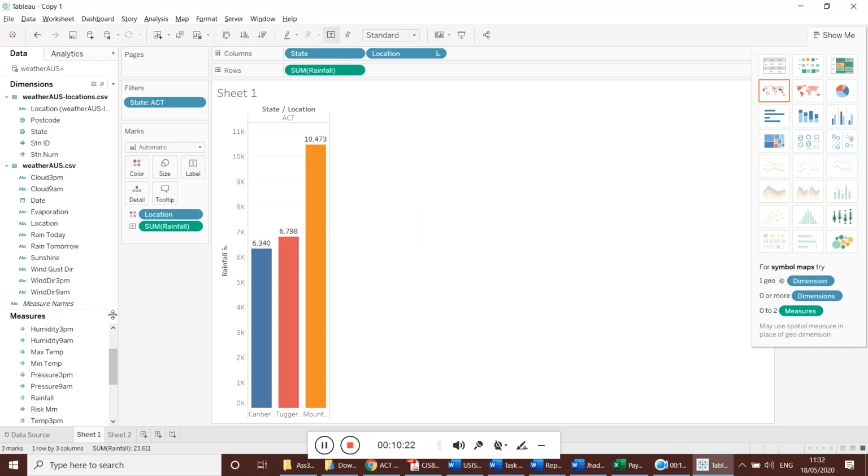Okay, so take this screenshot. I will be sharing a particular screenshot for each person. Just use it and start explaining it. You need to explain how it was created. You should say that state and location are taken on columns, rainfall is taken on rows and filtered for the state Australian Capital Territory, and the following graph is generated. The graph explains that Canberra got very low rainfall. In that way, you need to explain it in your own way. Don't just explain the way I mentioned it. Try to explore it and write it in your own way. All right.